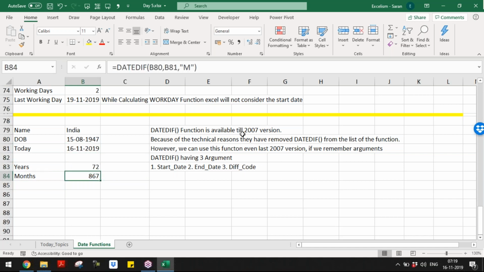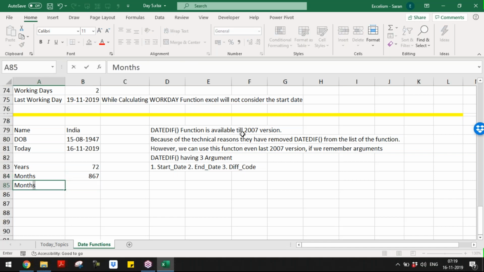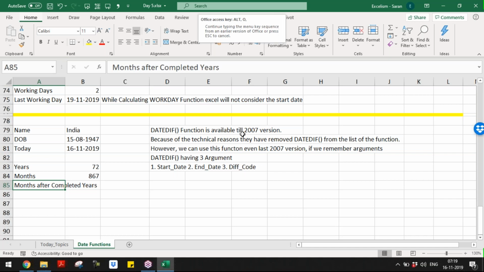If you want to tell the age to any other person, we don't tell that my age is 400 months, 200 months, and so on, right? I will tell these many years and these many months. That means I want to calculate months after completed years.